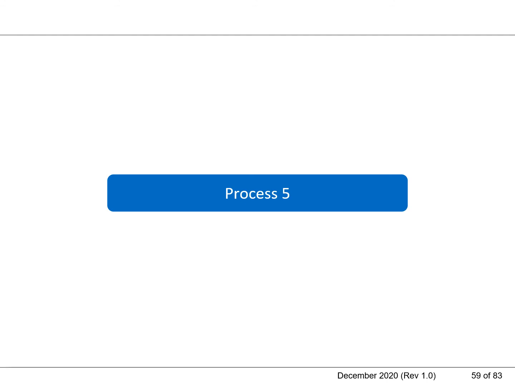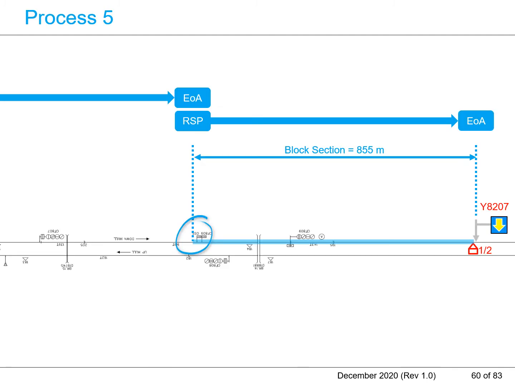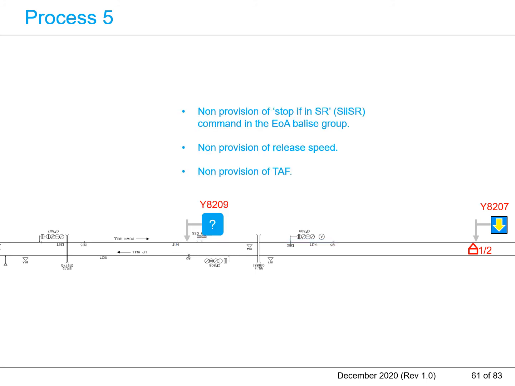Process 5 is to establish the RSP that precedes the nominal direction RSP, Y8207, established in Process 2. The RSP that precedes the Y8207 RSP, indicated with the blue circle in this diagram, is determined by the minimum block section length of 855 meters, established in the block section length section of this learning module. The identifier of this RSP is